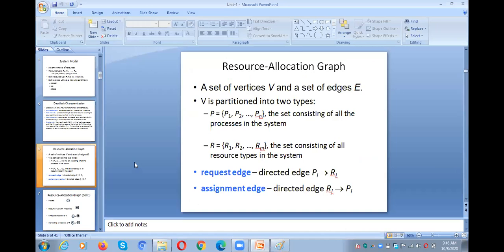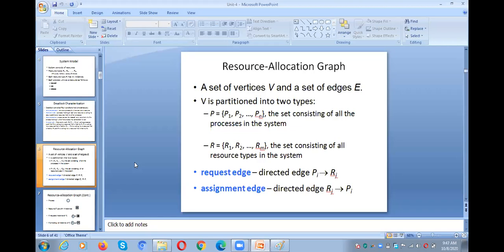And the next one is the resource allocation graph. So what is a resource allocation graph? Here we have vertices as well as edges. As I told you, a process is represented with P. The system consists of processes from P1 to Pn: process 1, process 2, and so on, process n. Likewise, in our system we have resources. A resource is represented by R. Resources R1, R2, and so on up to Rm are available in the system. Here we have two things: one is a request edge and the second is an assignment edge. So you came to know what a request edge and an assignment edge are.